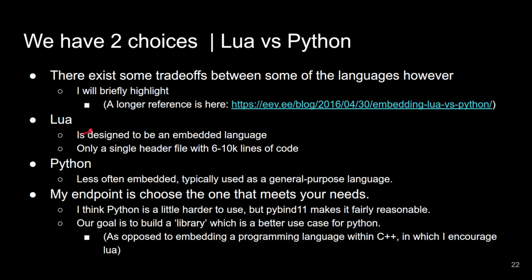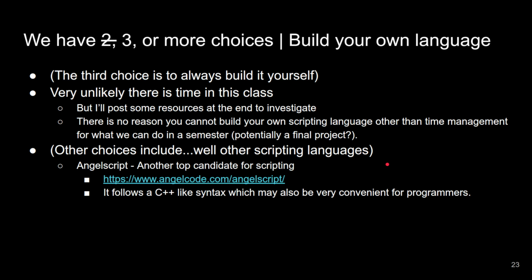Okay, so there are some trade-offs between various scripting languages, even like Lua and Python, but I won't get too much into these. By default I'm just going to show you Python in this class, just to get you excited about how to combine C++ with some other languages. But at the end of the day, Python's pretty easy to work with, and there's this nice framework called PyBind 11, which lets us use modern C++11 and beyond features that makes this fairly accessible for us to investigate.